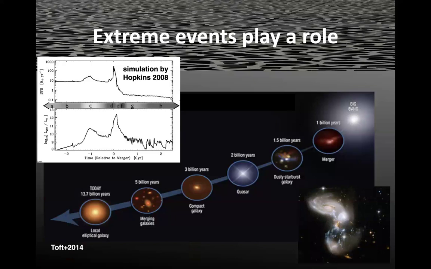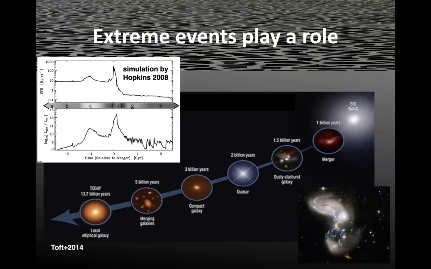Last point I want to make is also extreme events will play a crucial role in galaxy evolution. Obviously, you have the merger between two galaxies. You will grow the stellar mass much faster with this process. But also, this merger could trigger a burst